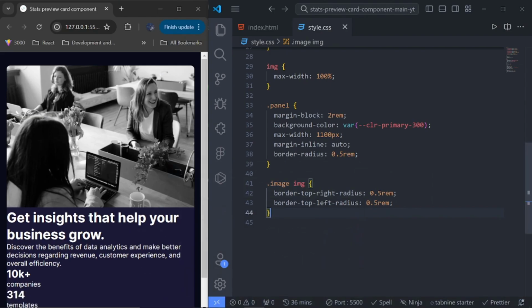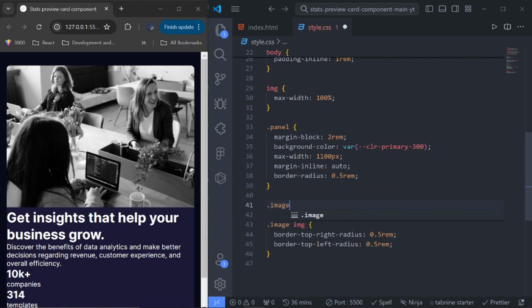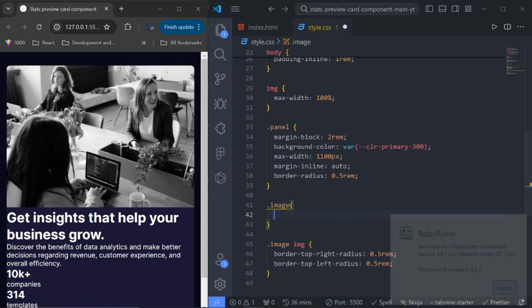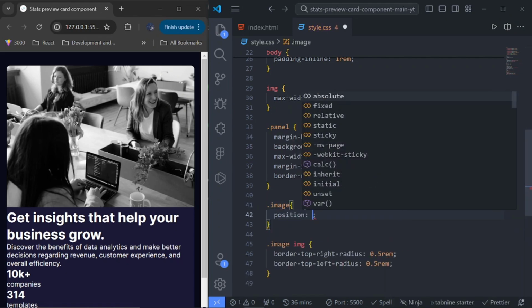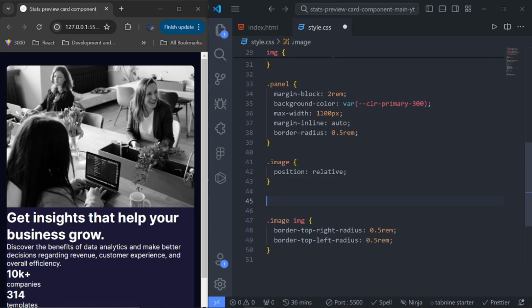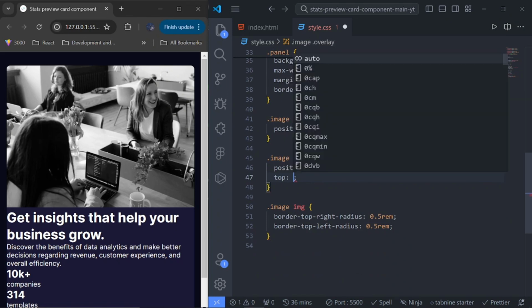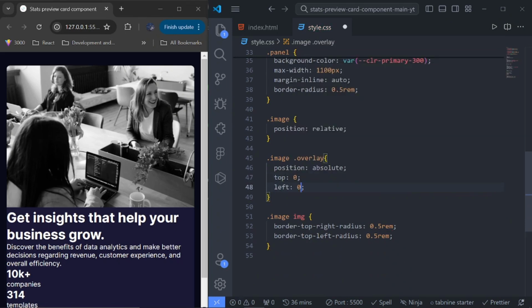So there are multiple ways to go around it, but the way that I believe is going to be understandable is to actually grab the image tag and set this to like relative, because we want to get the overlay and set it to absolute, and also add a position of top of 0, left of 0,